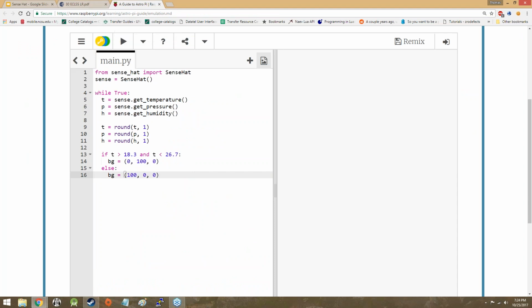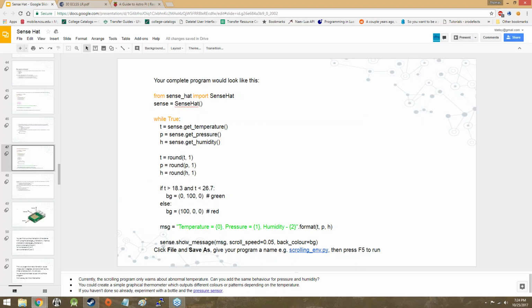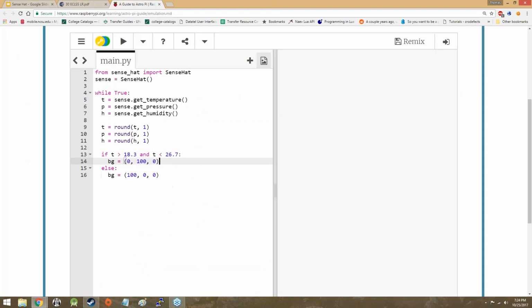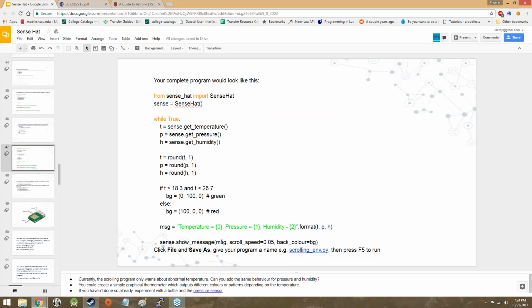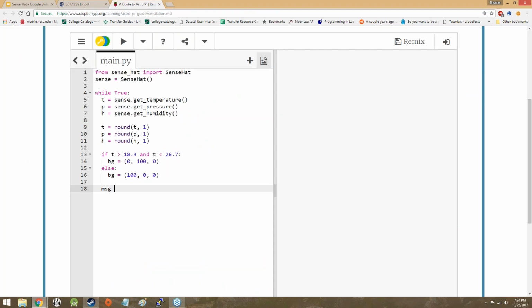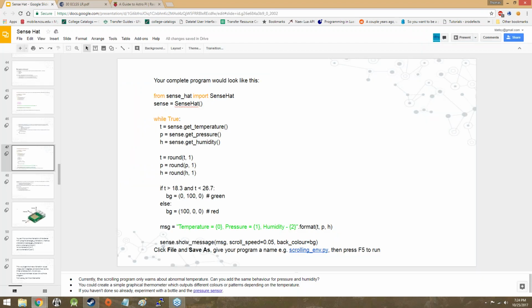All right, so we've got our if-else statement. Obviously, you can modify these values if your SenseHat is reading odd temperatures, so that you can at least see the different values as they get read out. So we've got that, and then we'll roll it into our message. So, well, actually, first we'll create our message variable. So message is equal to